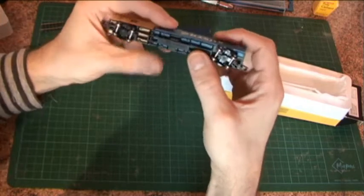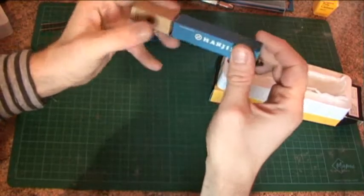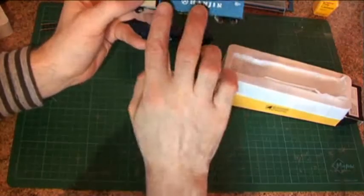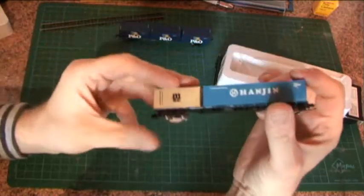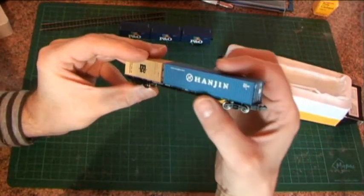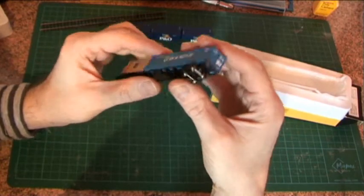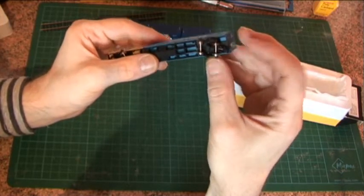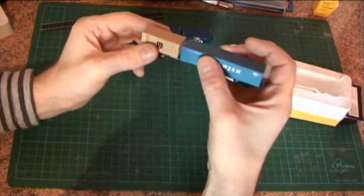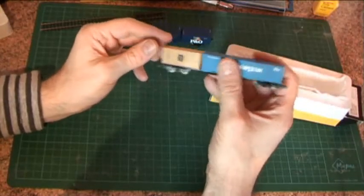The 40-foots only have the pegs at the ends because locating holes are in different places, so this could be changed for two 20-foots on this one. Again, some very nice fine printing on the underframe here, warning triangles, quite nice bogies, rapidos in pockets, so they're very nice. They list for about £14–15, but you can pick them up